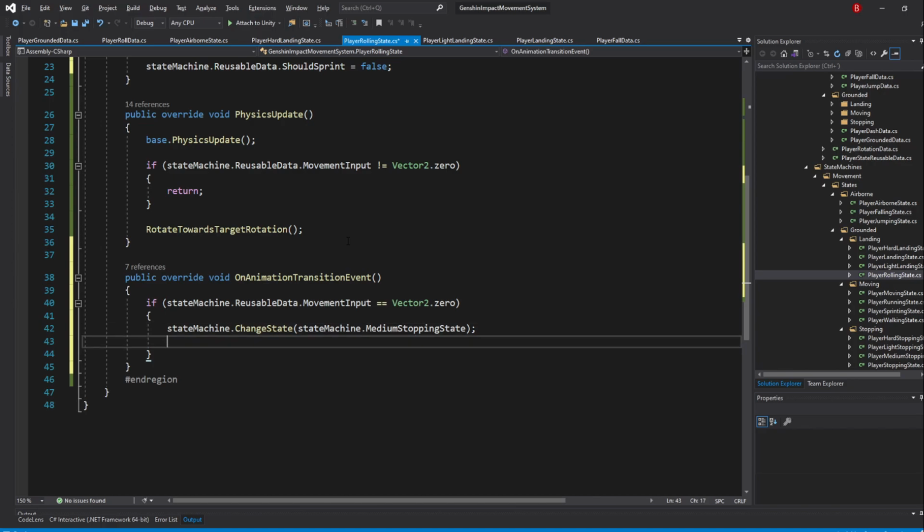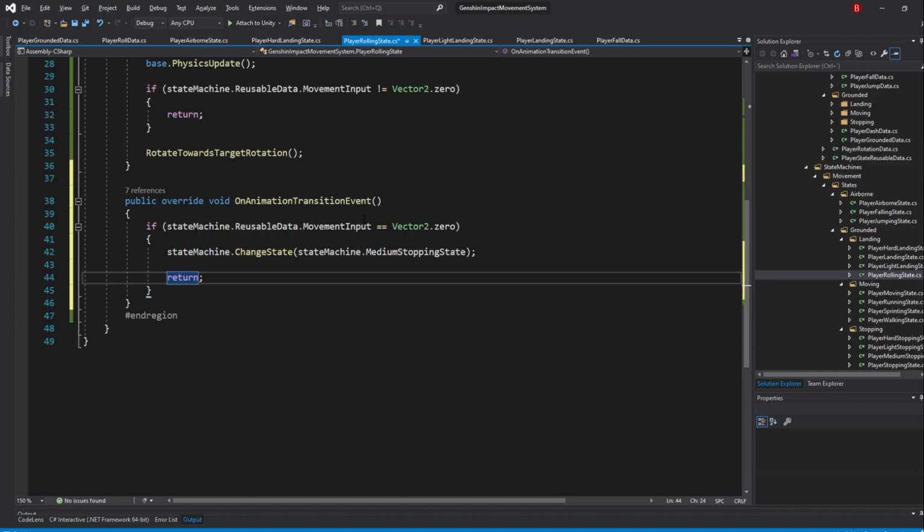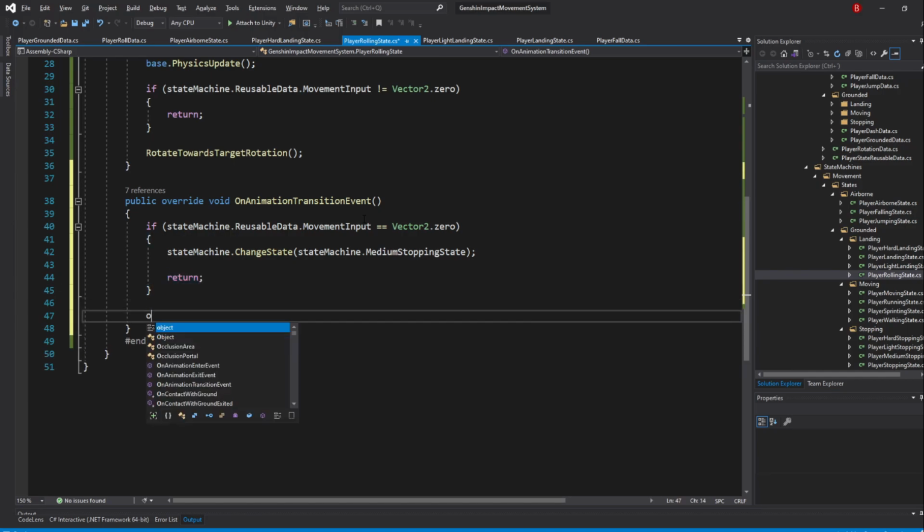Of course, return right after to not call the rest of the code. Otherwise, if we are moving, then we'll just call OnMove. Because we are setting the ShouldSprint property to false above, the OnMove here will never transition to the sprinting state, so we don't need to override it.